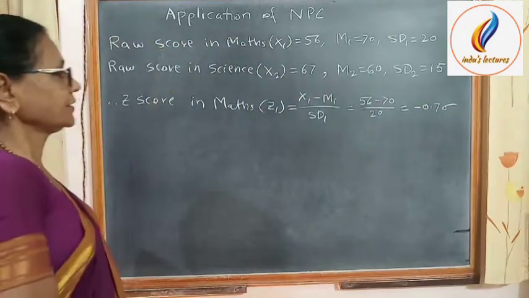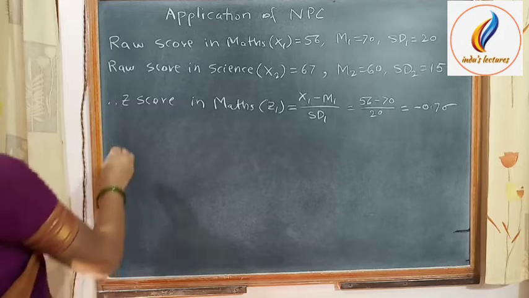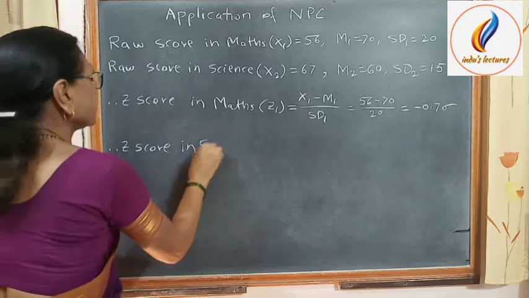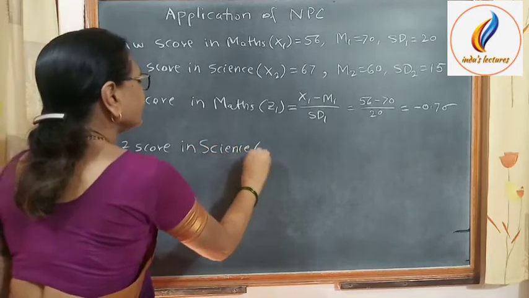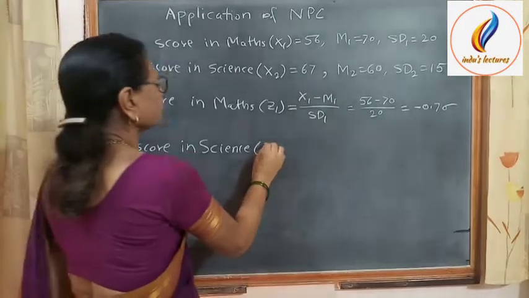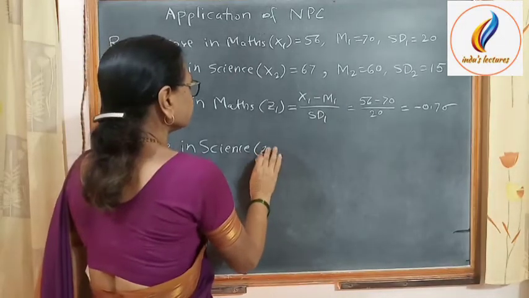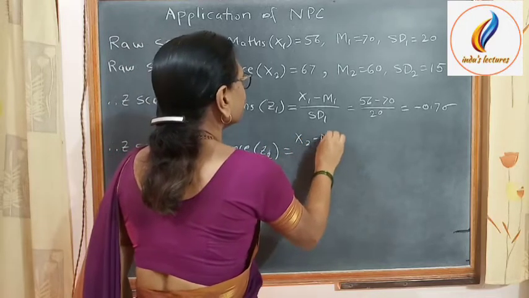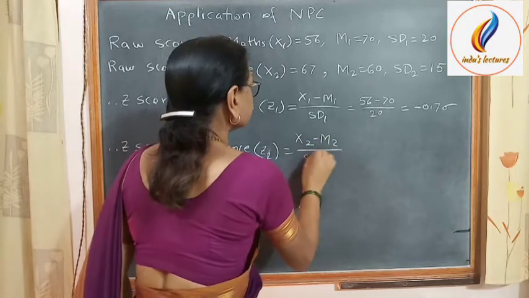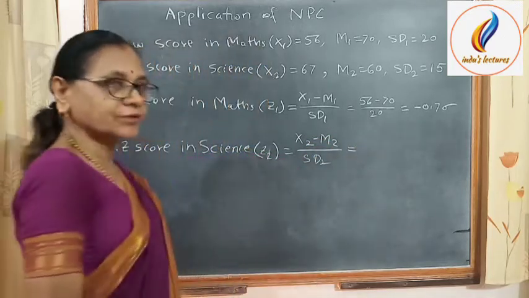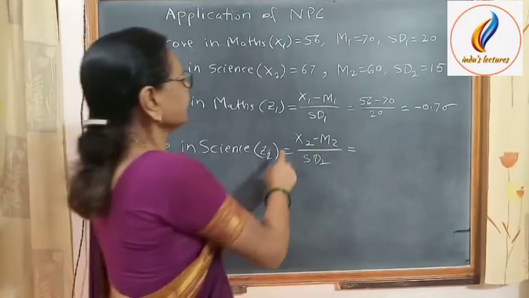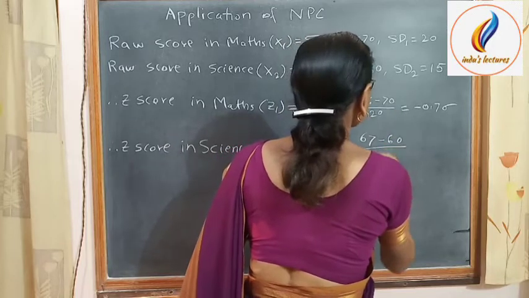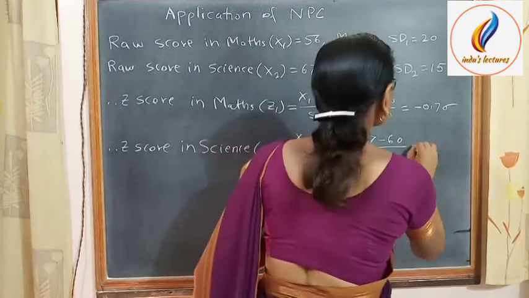Now we calculate the Z score in science. We denote the score as Z2. Z2 is equal to x2 minus M2 upon SD2. Now we will put the values in this formula. Then x2 is 67 and mean 60, divided by standard deviation 15, and which is equal to